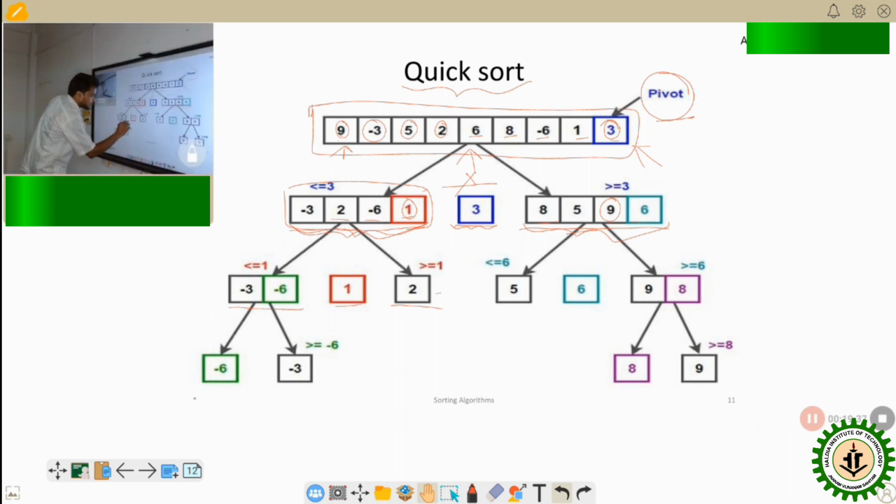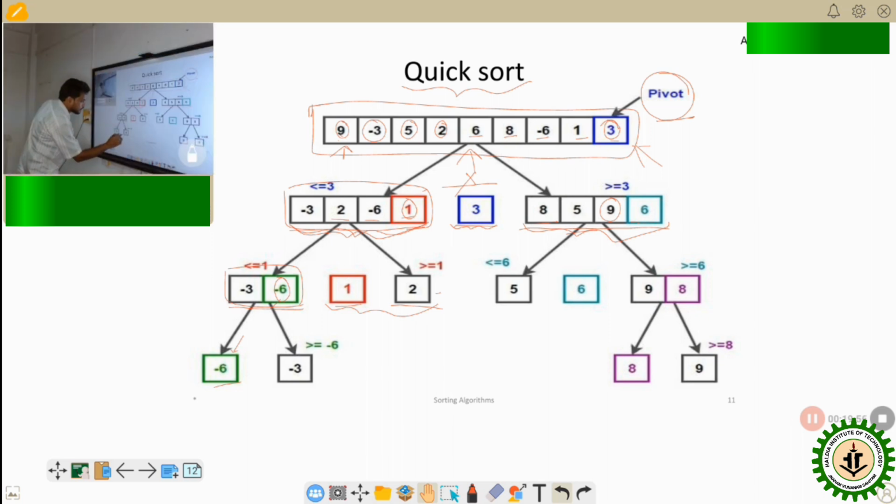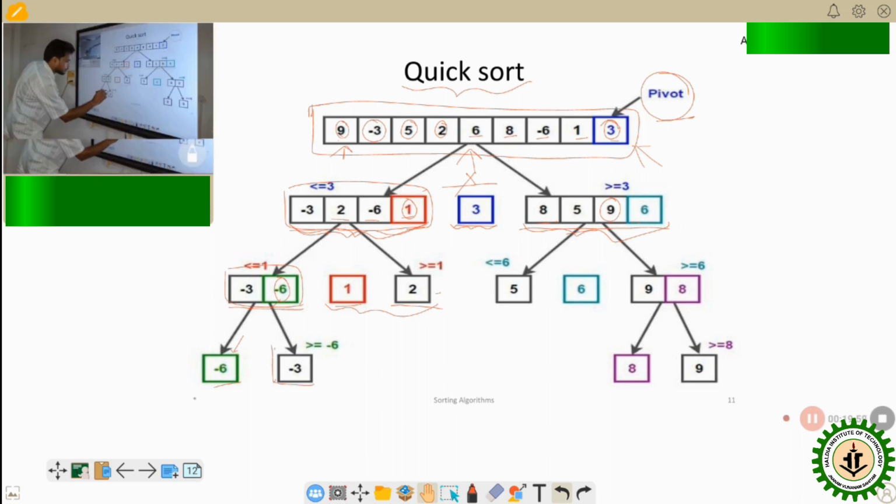Then in merge sort, after the division is completed, there is a conquer step, the merging of these elements into a sorted list. But here we can see that after the division of the list into single elements, all the elements are